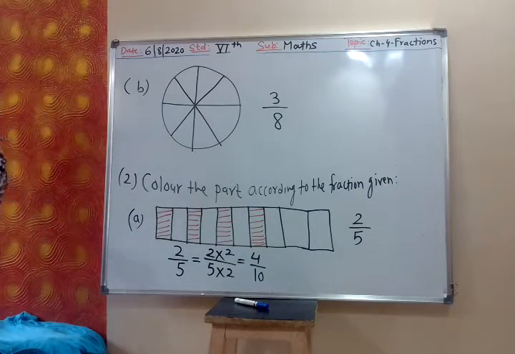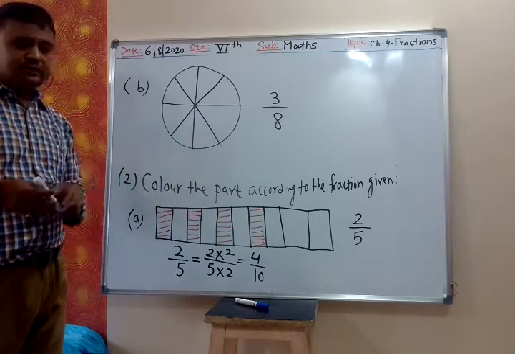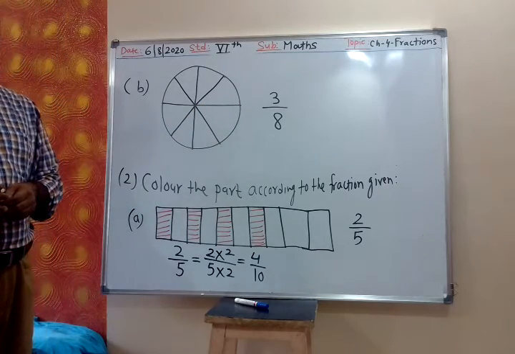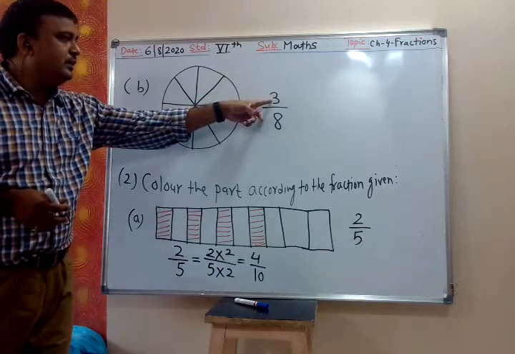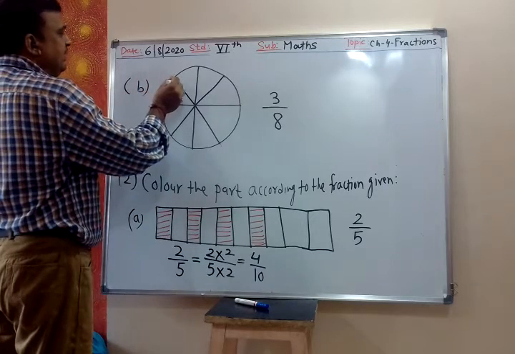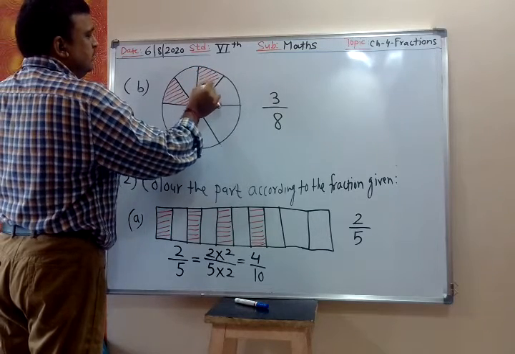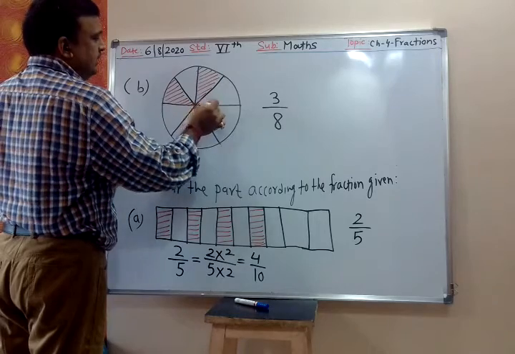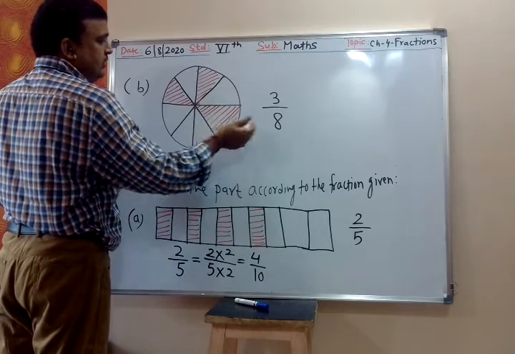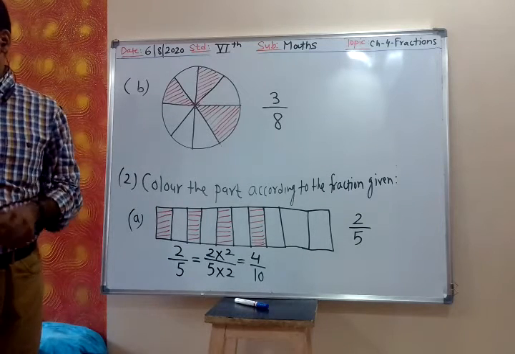So total 8 parts are there? Yes. The denominator is 8. So we are given denominator 8, so no need to multiply by any number. Now the numerator is 3, that means we want 3 shaded parts. I can take any 3 shaded parts of this 8. This is 1, this is 2, and this is 3. There are 3 shaded parts out of 8 parts. So the fraction is 3 upon 8. Yes, you can do it line wise, no problem.